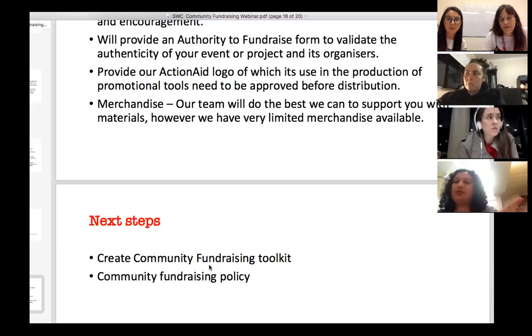But if they do fundraising, say they have an event that's widely promoted at UQ saying we're raising funds specifically for ActionAid, that money has to be sent directly to you guys. Okay, that makes sense. Because if they're giving funds towards the group for it to be able to run, then it's not necessarily considered a donation, because it's for the running of that group, and they're getting something back from that. So that makes sense.